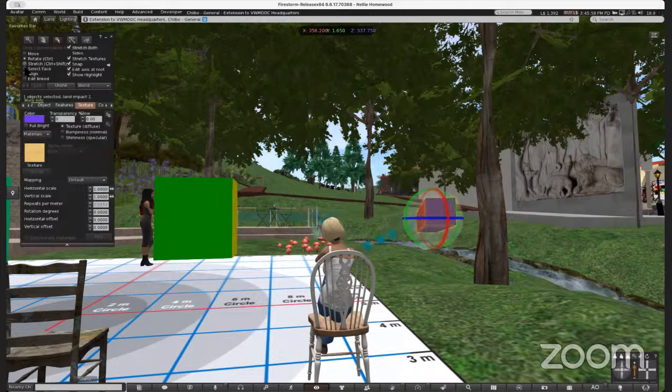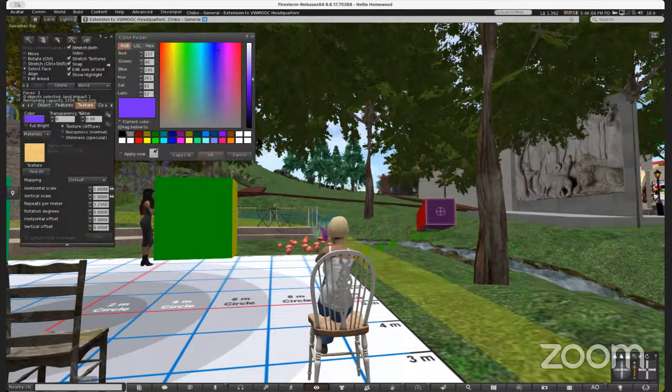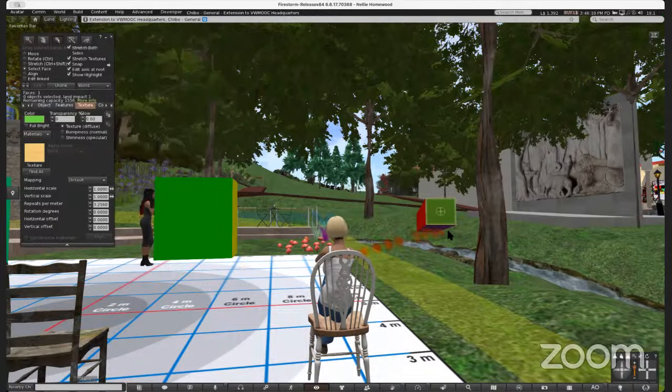Okay, select face. Now I'm going to do this one. Now I know what I'm doing. Okay, and we'll color it. Let's give it green. I don't have a green yet. There we go. Okay, now I got it. Good. Now we can move on. Okay, one more side, I think, right? But never mind, that's okay. You can leave that purple. Yeah. And now what you're going to do is